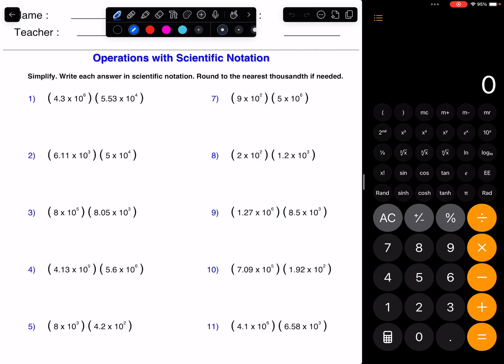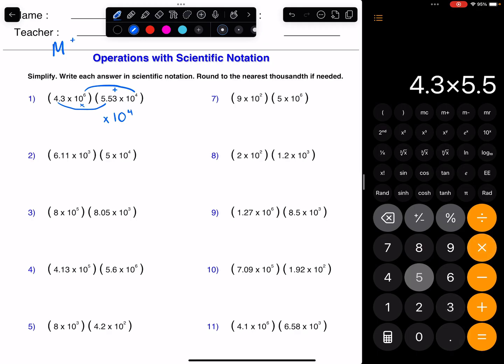So I'm going to multiply, which means we multiply our big numbers and we add our exponents, right? So I'm going to add my exponents. 6 plus 4 is 10. So I say times 10 to the 10. Then I'm going to multiply my big numbers. 4.3 times 5.53. And you get